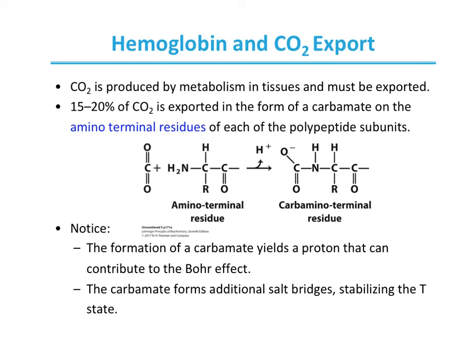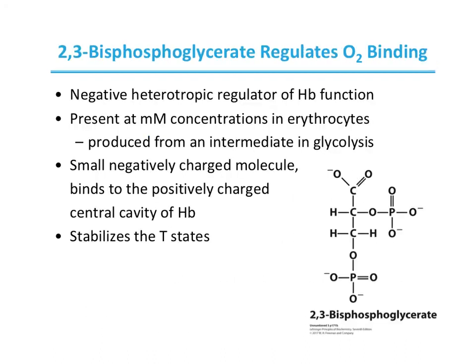And the formation of a carbamate yields a proton that then further contributes to the Bohr effect. And the carbamate additionally can form salt bridges, further stabilizing the T state. So what I'm saying here is that CO2 and H+ both will favor the T state and decrease the affinity of hemoglobin for oxygen. Now, there is one other factor to consider in how hemoglobin binds oxygen, and that's this molecule